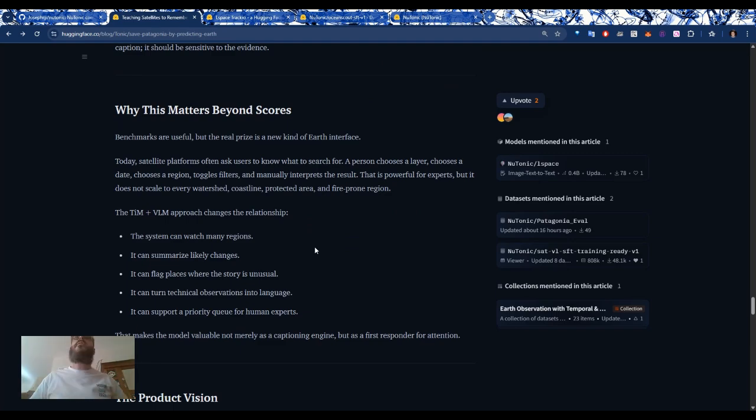So say in an area that had nothing, and now it has 3 spots. Well, with the prediction model and the vision model, now we can say this should be a priority because the evolution that we're expecting is increased built area in a protected area, natural reserve, right? So hey, let's go investigate and audit that part. Or maybe marine reserves. My Patagonia eval had no vessels, which is great. That's exactly what I was expecting since I was looking at marine reserves. But say now we're finding vessels in marine reserves. Well, that's curious. Let's check it out.